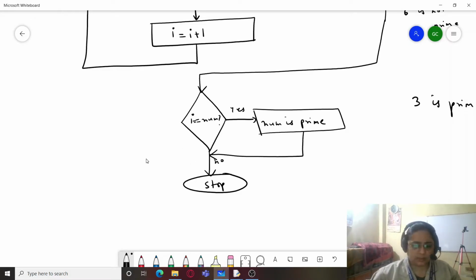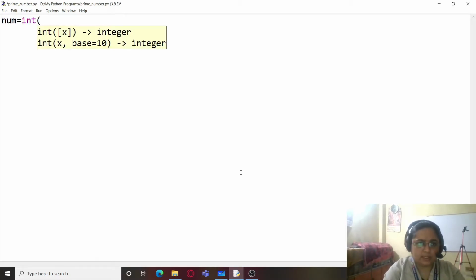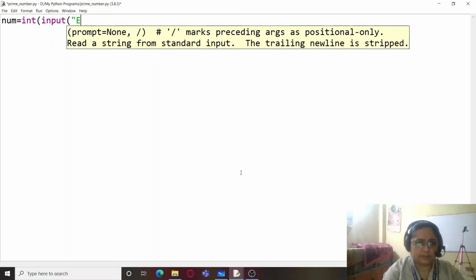Let us code the program now. So I have already opened it here. I will write here num equals input, enter a number.